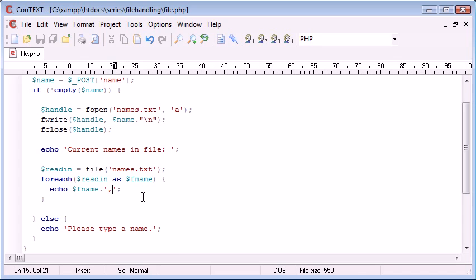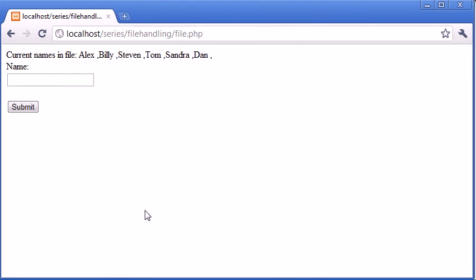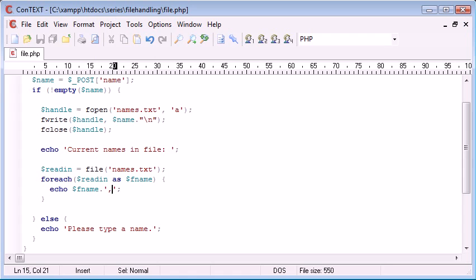We need to first of all see what's going on here. Now Alex has a space after it, as does Billy, as does every other name in the list, and we can use a function called trim to trim this down, and this removes white space from the start and the end of our name, as well as any other special characters. So just by adding this function around the name as we echo it, we can see that it's actually